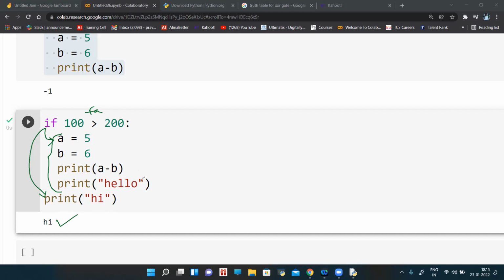Is it clear? Simple if statement. Everyone, is it clear, guys? Now let me take a simple example again to make you understand. Okay,